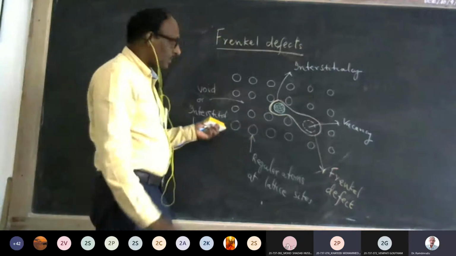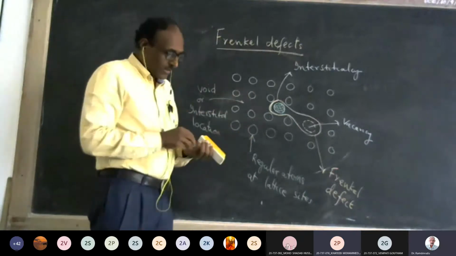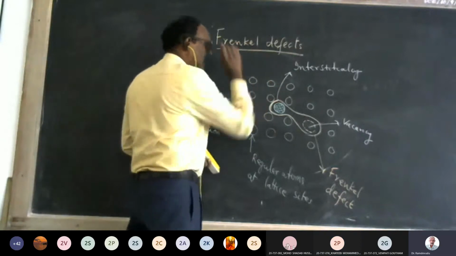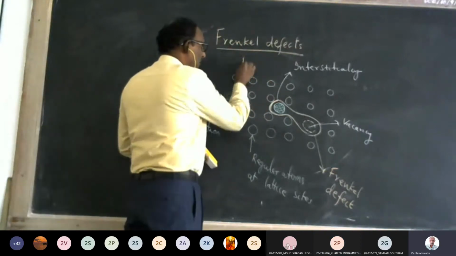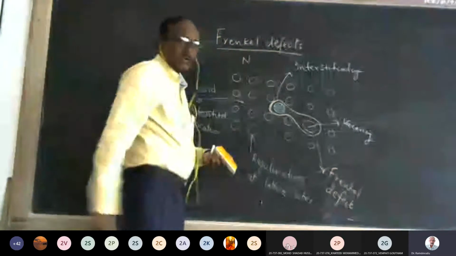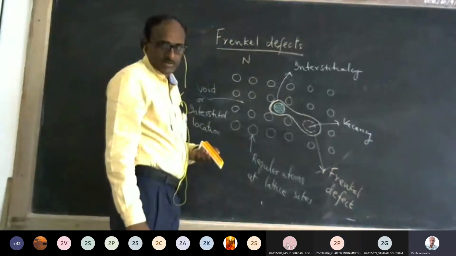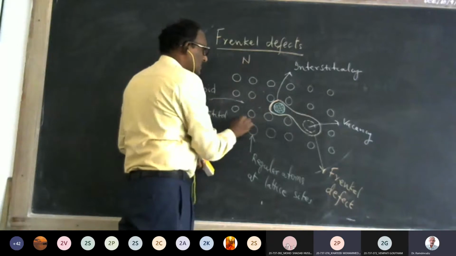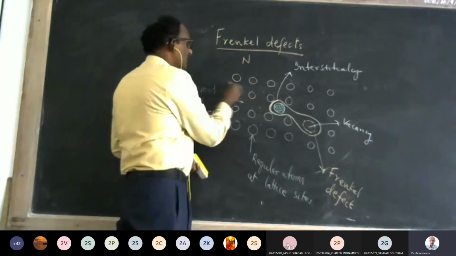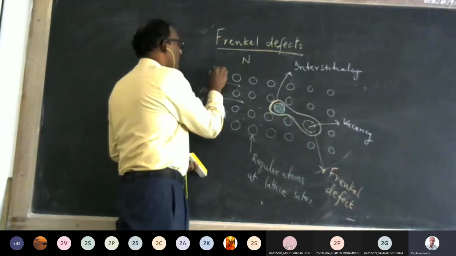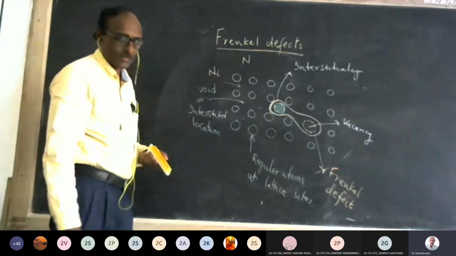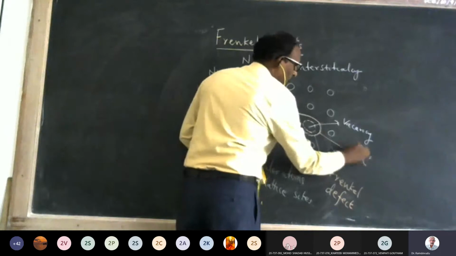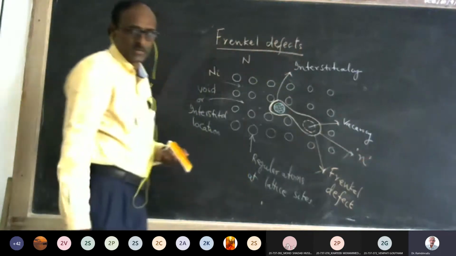This is the concept of Frenkel defect. So again, suppose that these are the lattice atoms or ions. I may have capital N number of atoms or ions in the lattice, and these are called interstitials or void places. I have Ni number of void places. These are defects. These defects are small n, the number of defects at a given temperature.